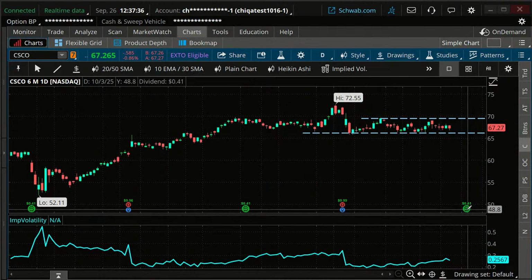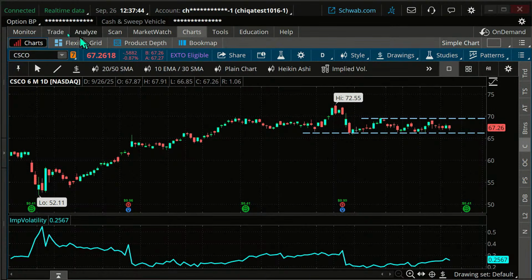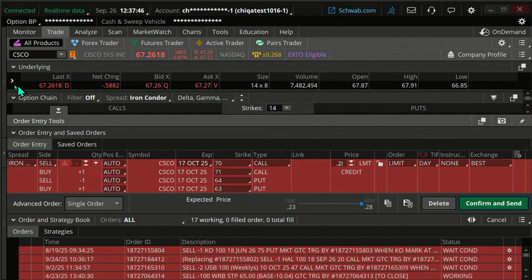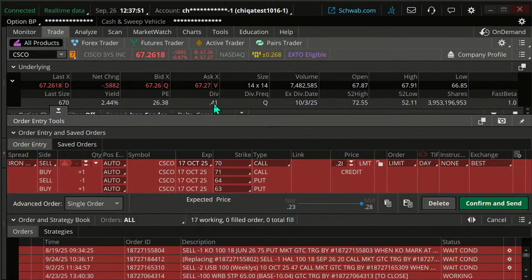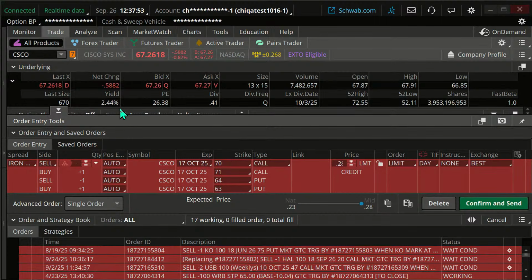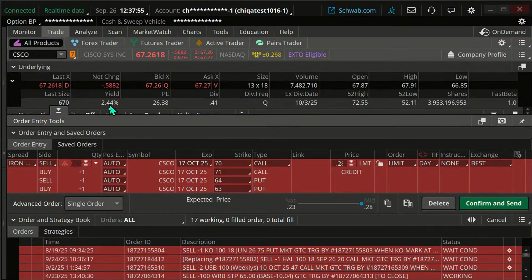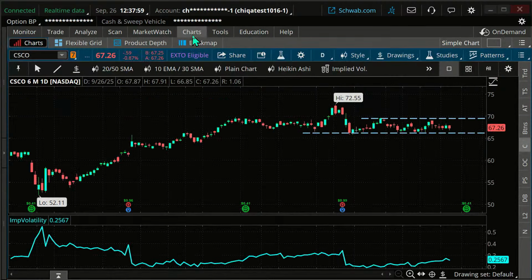So when you see a dividend and you're wondering about the impact on the stock, just look at the size of the dividend and the impact on the stock. So that's a reasonable dividend here. In fact, if we look at Cisco, you can always look and see what the dividend amount is, and you can see the yield here, a little under 2.5%. So just consider that, okay? So there we go.